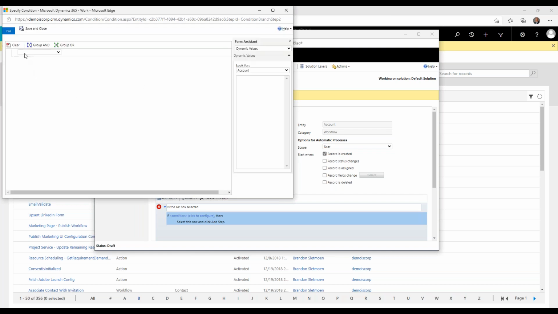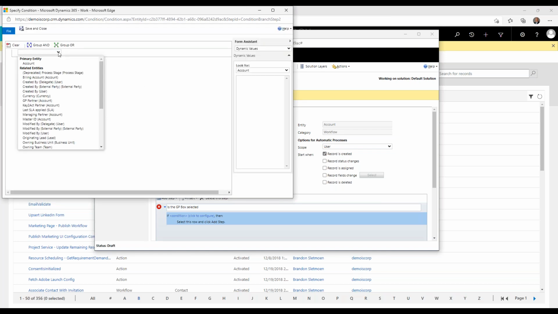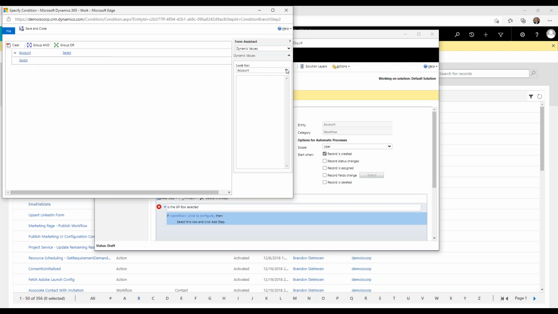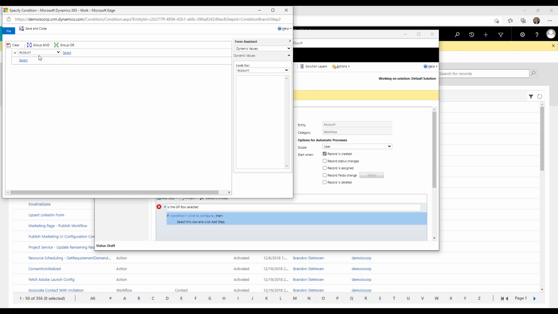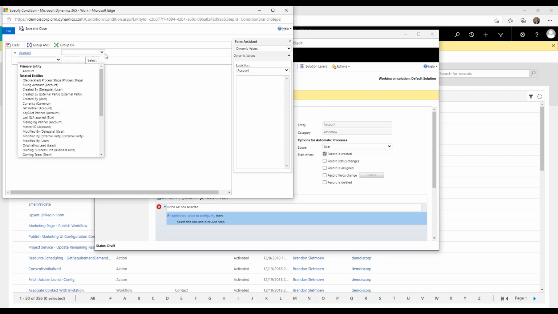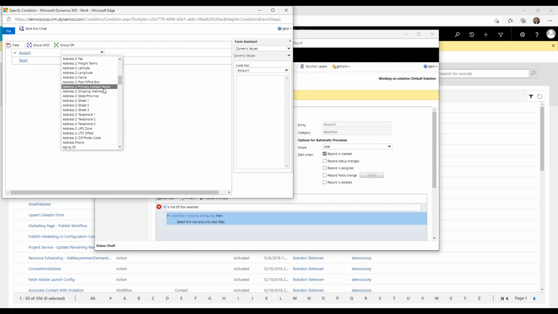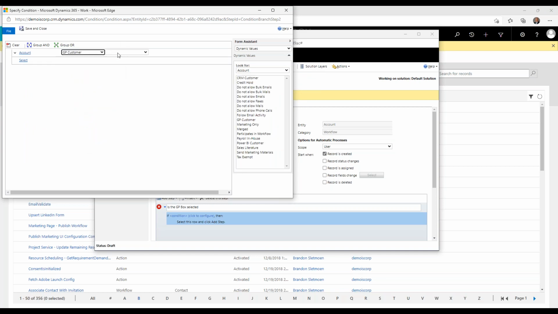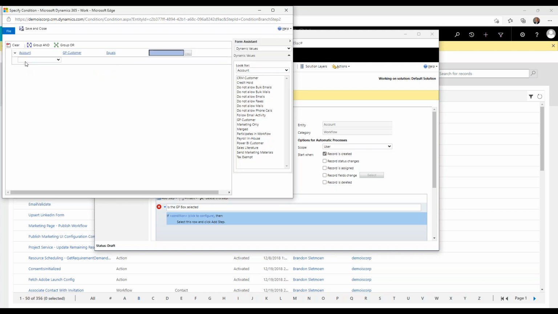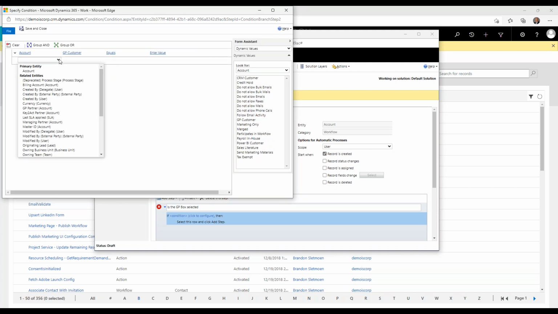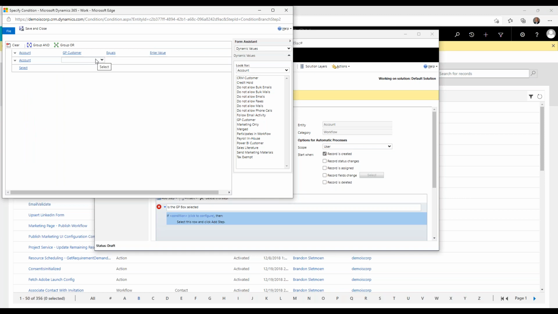So this is now where I would come in here and say, okay, and if you remember on our account card, so we're going to look for account, and then underneath account, I'm going to tell it that I want to see the GP customer equals yes. If it does, then I would say I want to see, does the renewal date